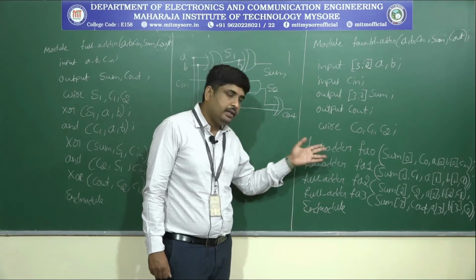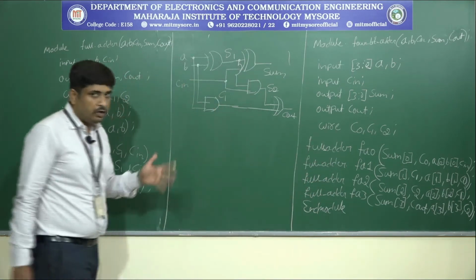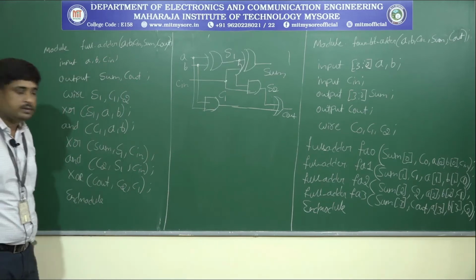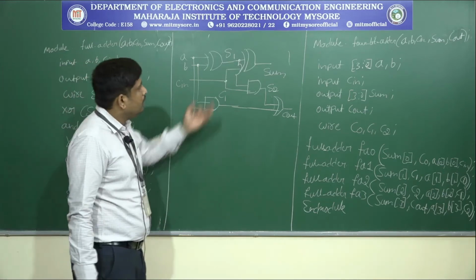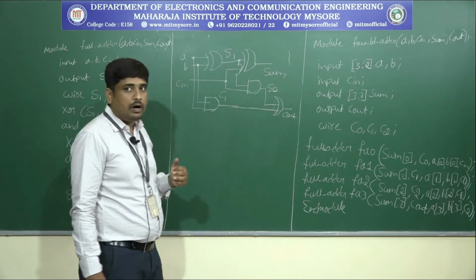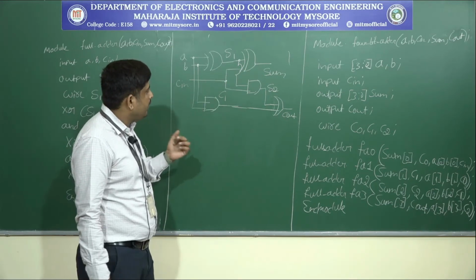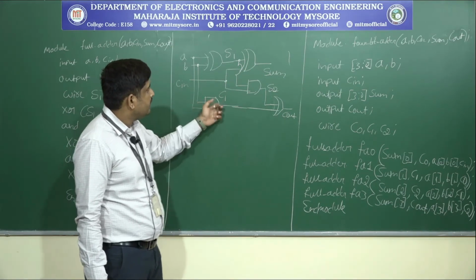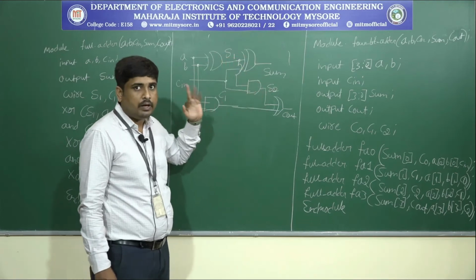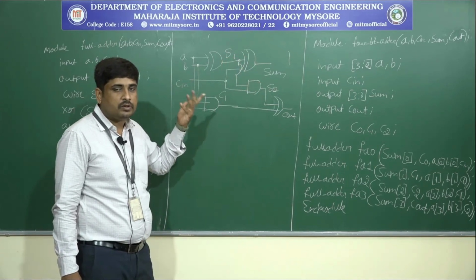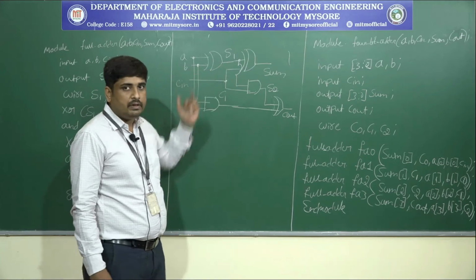So next we have to write the full adder logic. We already discussed it. Again we write the full adder circuit. So this is the full adder circuit, and sum and Cout are the outputs. There are three intermediate signals required here, that is C1, S1 and S2. These intermediate signals, which we also call nets, are connected between two gates.